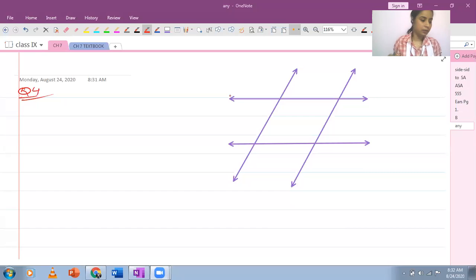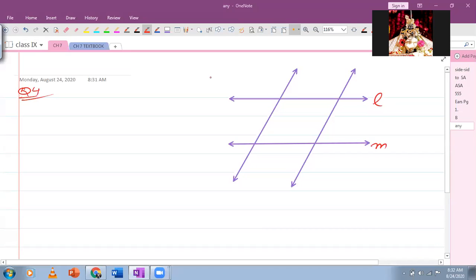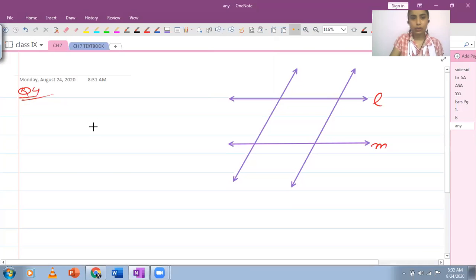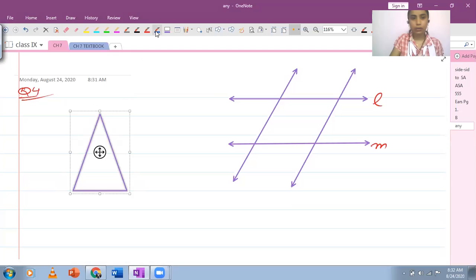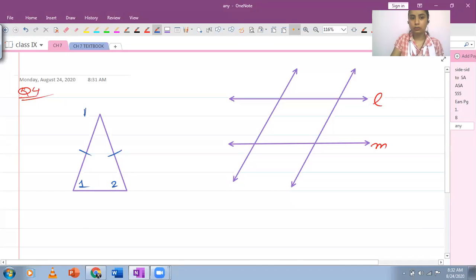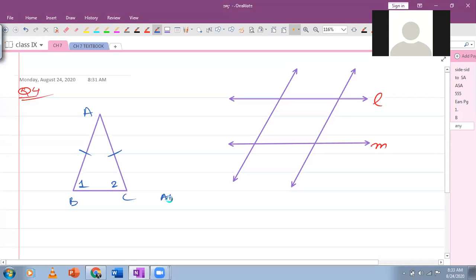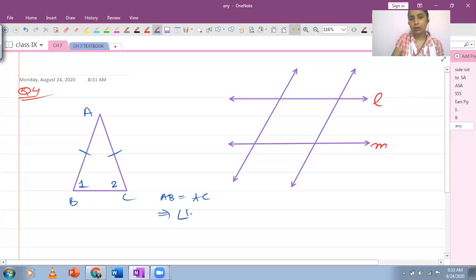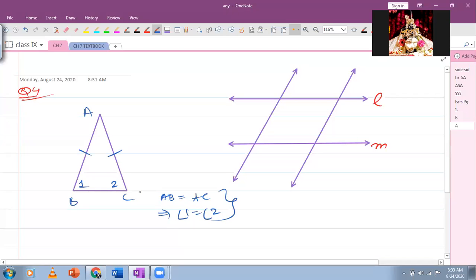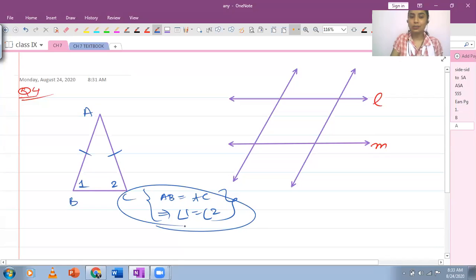Okay, I'll just give another example here. Simple example. You have been told that in an isosceles triangle, two opposite sides are equal. Yes, ma'am. And you have learned that if the triangle is isosceles, I'll just try to draw here. Suppose you have an isosceles triangle, and that would mean two sides are equal. And what you write down is that these two angles are equal. You know this result. Is that right? Yes, ma'am. AB is equal to AC. And then you can write down angle 1 equals angle 2. The next theorem that you will do is to prove how these two angles become equal.